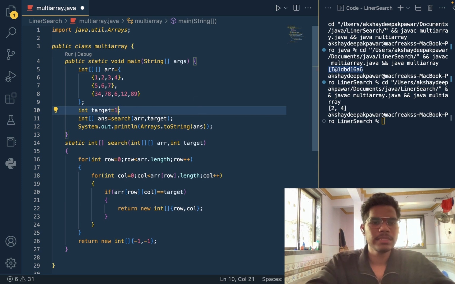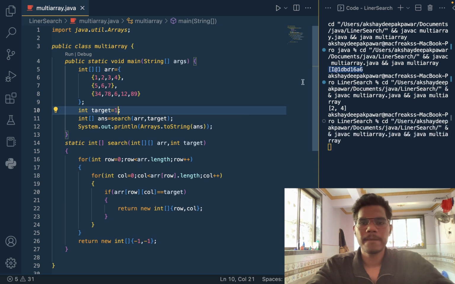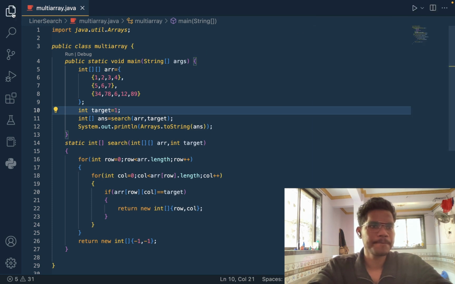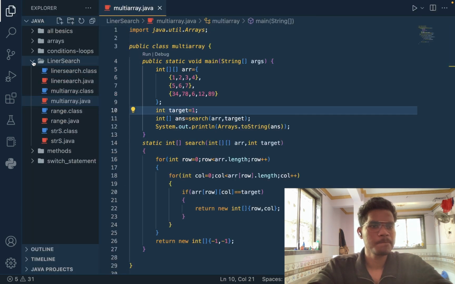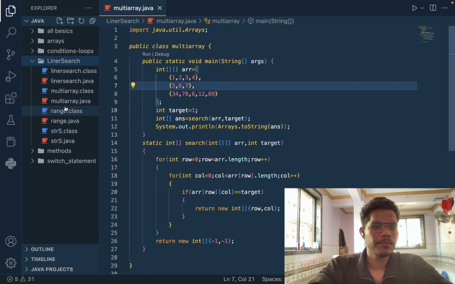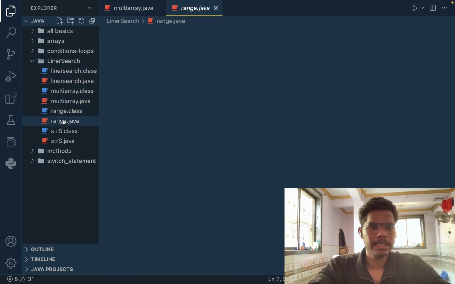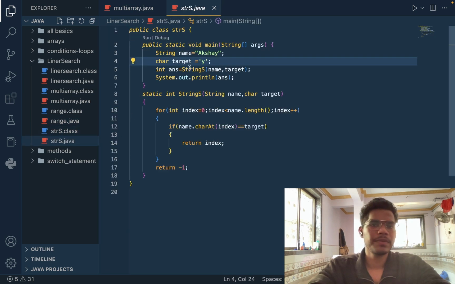Let's check one more case. For one, let's give the 0 0. Right, cool, very nice, easy stuff. I hope it is clear to you. We learned almost all linear search. We learned multiple arrays. In a range we find, in a string we done. So yeah,